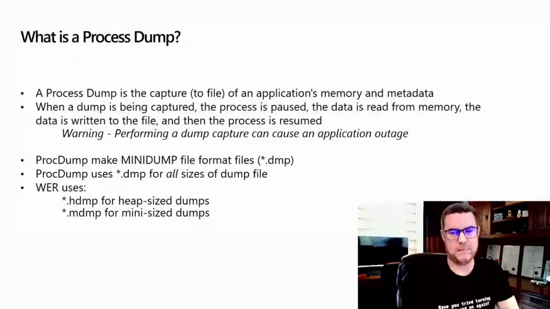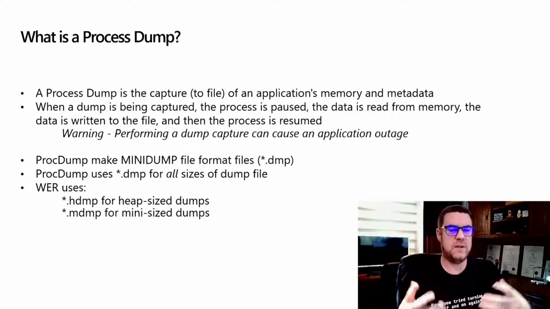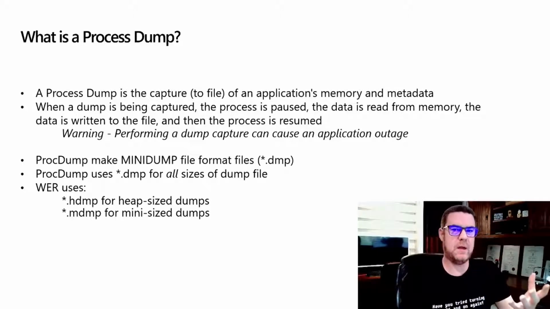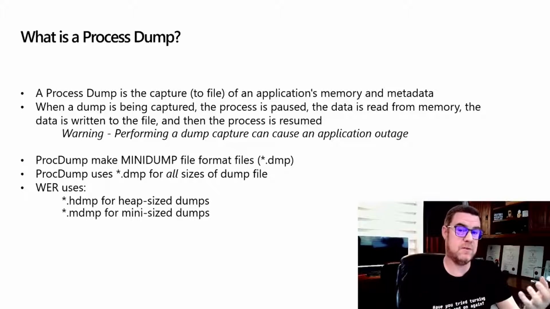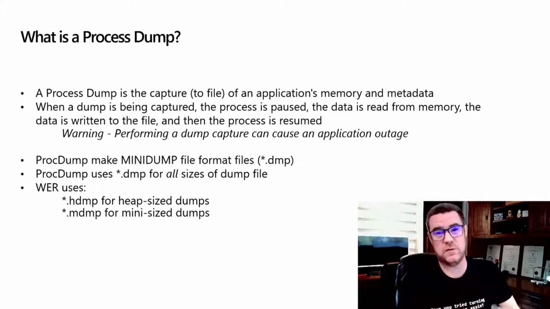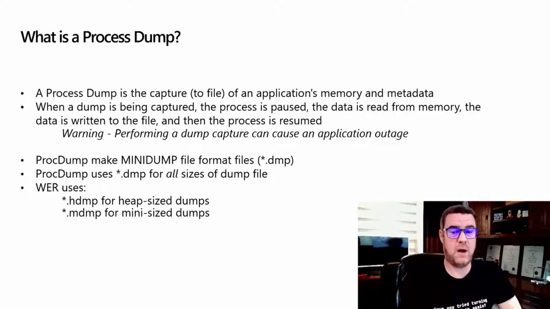What is this weird name? A process dump is a way of taking a file version of an application. Think of it as a snapshot. The process is paused, so it's kind of like not moving forward. And then all the memory associated with the process, so things like variables and globals, and also memory to do with maybe threads and stacks, plus metadata, things like performance counters and its memory usage and CPU usage. All that is captured and put into a file. The file is called a dump file.